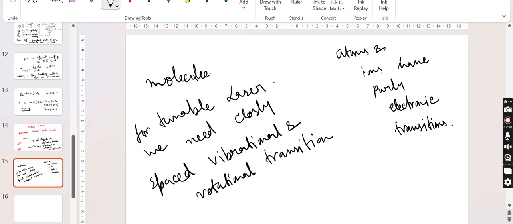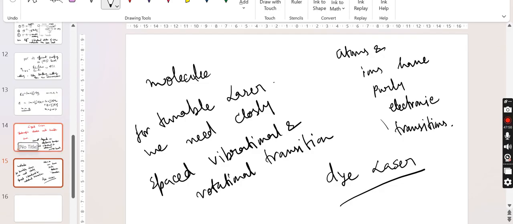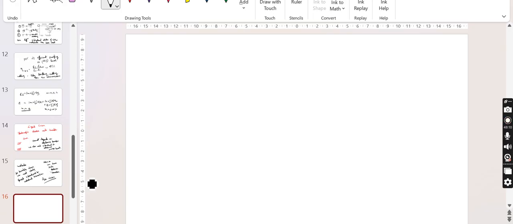So dye lasers come here to solve this situation. The dye lasers are liquid lasers. So organic dye compounds are dissolved in a liquid solution. That can be ethanol, methanol,